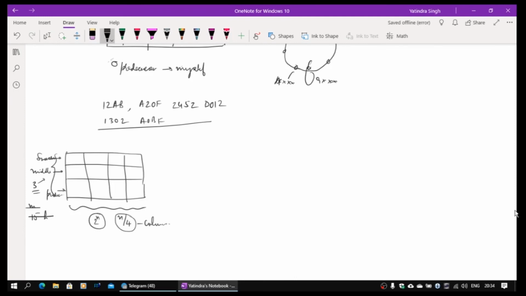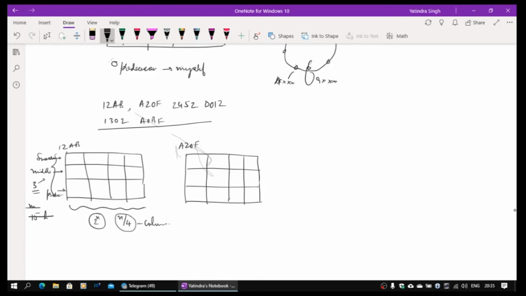So let's start with the first node, 12AB comes in. So this is the entry for the 12AB routing table. So there will not be any node, so everything will be empty. When I am leaving it blank, there is no entry. Okay, I will only put where the entries are there. So honestly, I don't have to delete the things. So the next entry I will now make for A20F, this is the new node which joins. So this will connect to 12AB. So if all these nodes are there, how will the routing table look after stability?